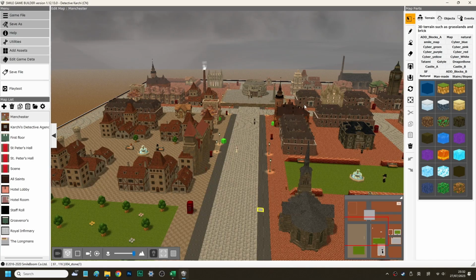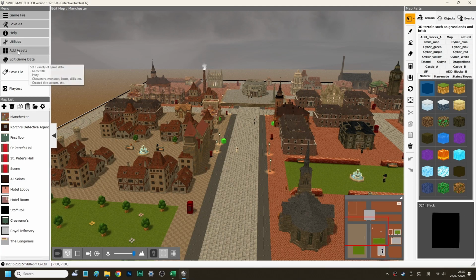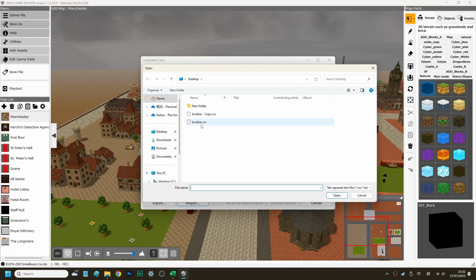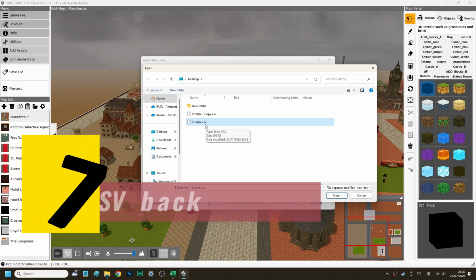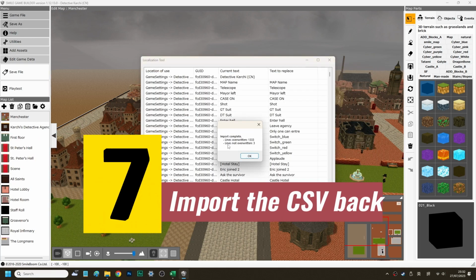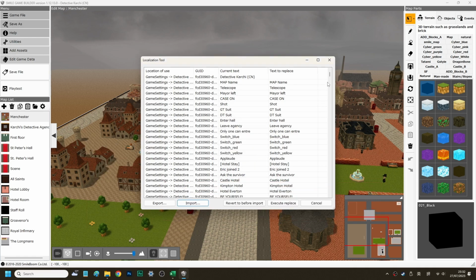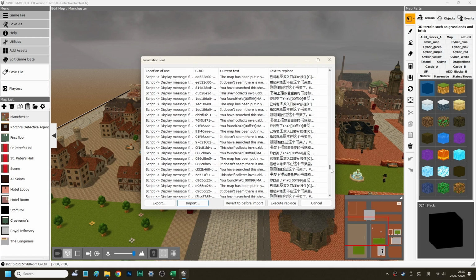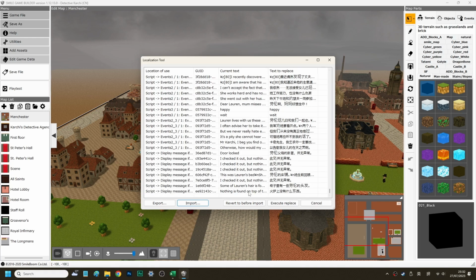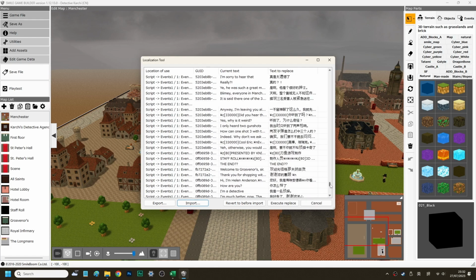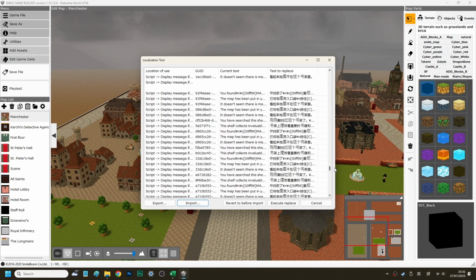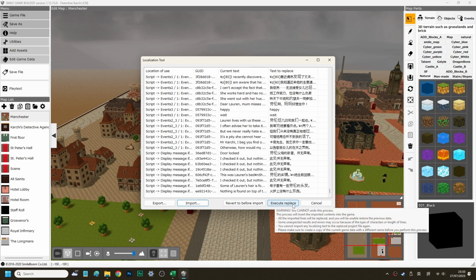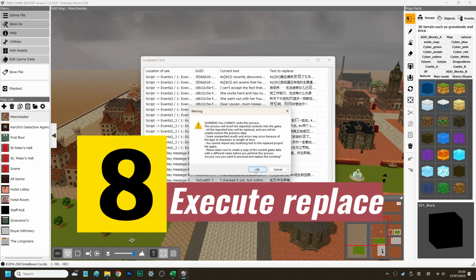Okay, let's go back to the editor and utility, localization tool, import, and find the file we have edited just now. Import. That seems like some problem. Let's check. Are these translations correct? It seems all correct, and you check the last lines. Yeah, they are all correct. So probably those 3 lines are those blank lines. So they'll be fine. If we click on execute replace and click on OK,